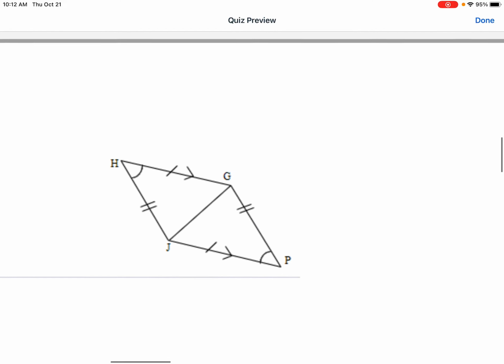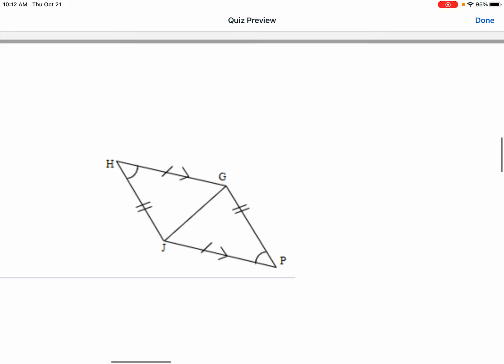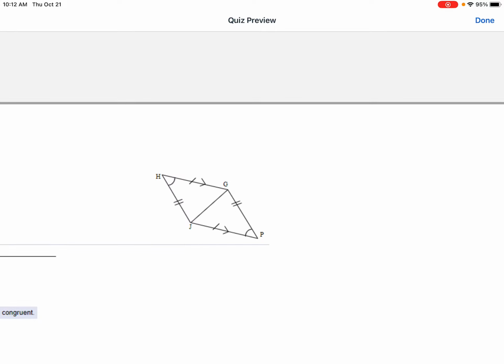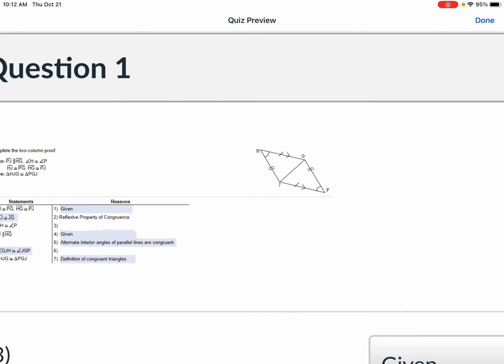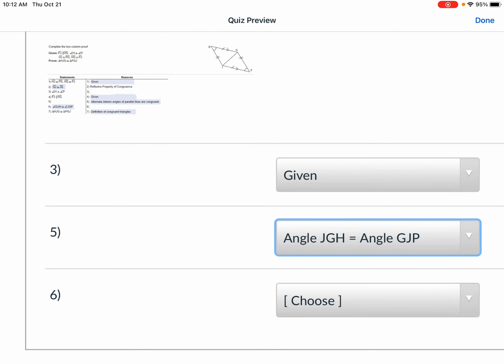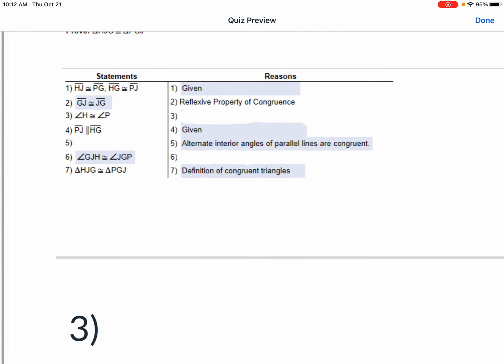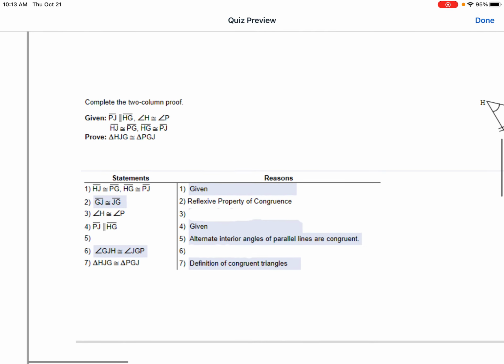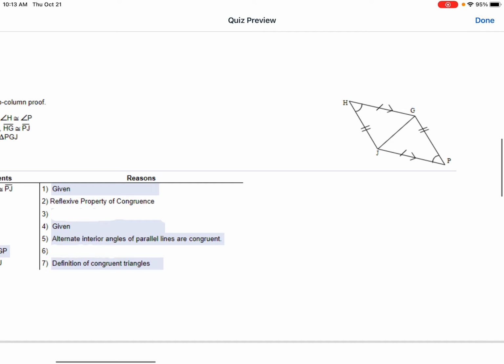GJP is the one on the bottom right triangle. Okay, so that tells us that those are congruent. Those are alternate interior angles. Whenever you see parallel lines, you need to be on the lookout for alternate interior angles. Okay, so that's what we've got going on for number 5. Number 6, angle GJH and angle JGP. Okay, so